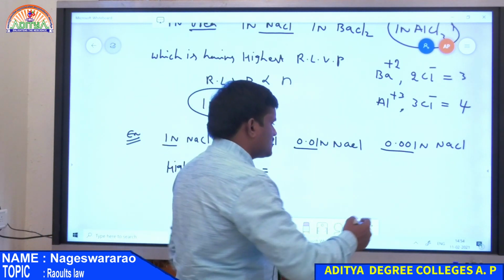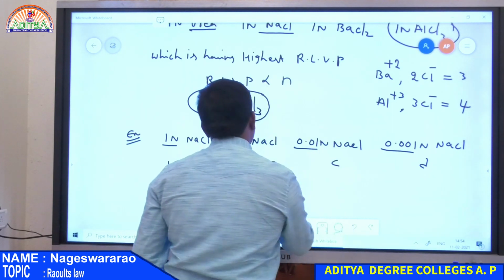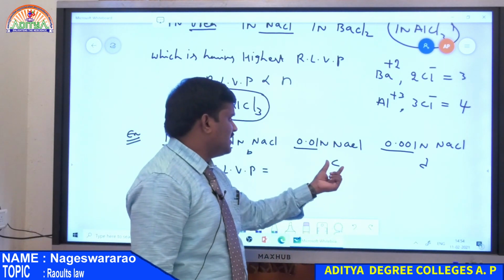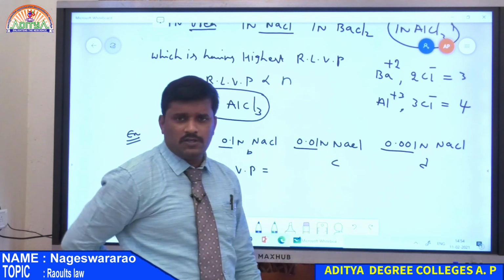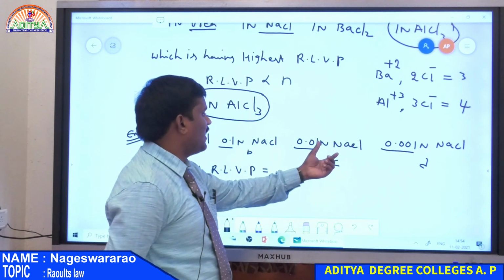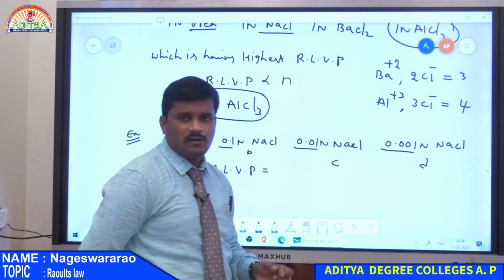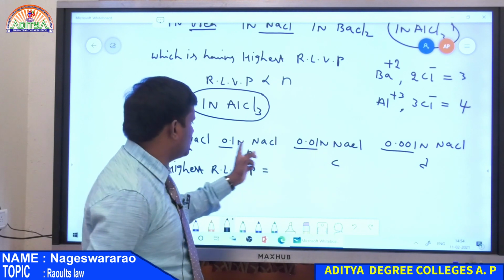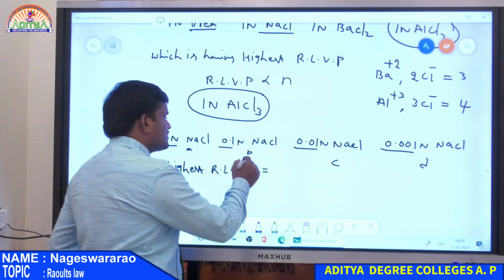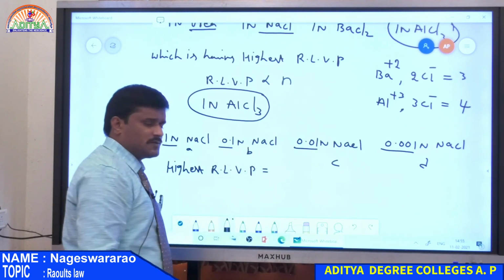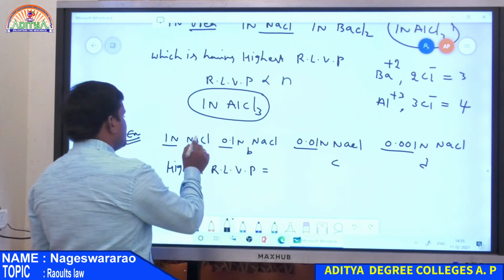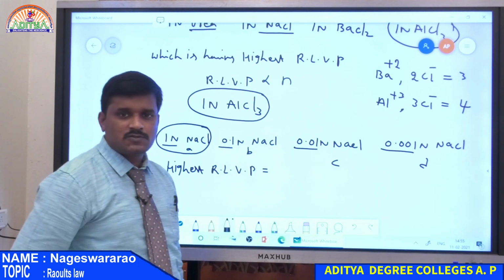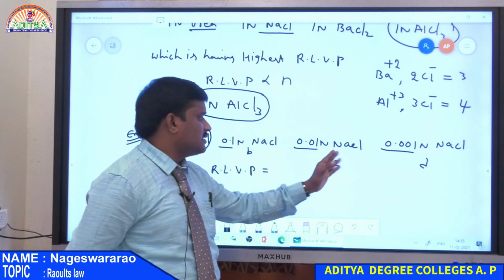Therefore, this is option D, this is C, and then B and A. So compared to D, C has a higher amount of solute. And again, if you add one more amount of NaCl, its concentration increases from 0.01 to 0.1. Therefore, this has a large number of moles of solute. And finally, it is 1 normal NaCl. So this has a high number of moles of solute compared to options B, C, D.